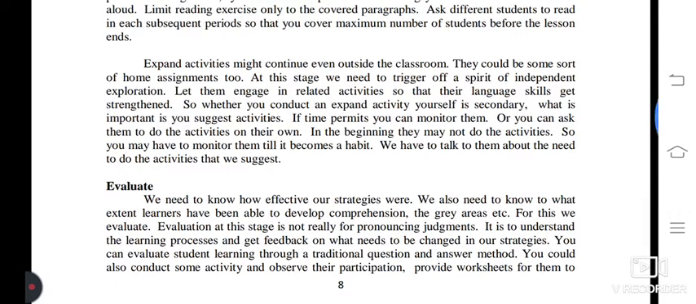In evaluation, in still is there, expand activities might continue even outside the classroom. So we can conduct this activity outside the classroom. There could be some sort of